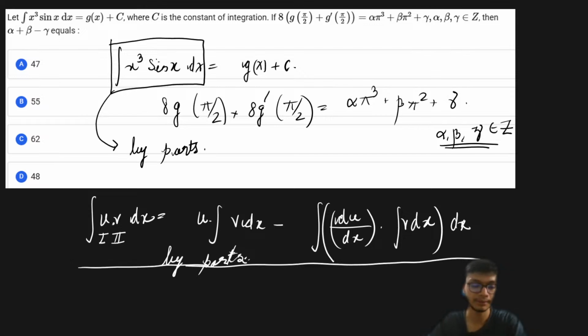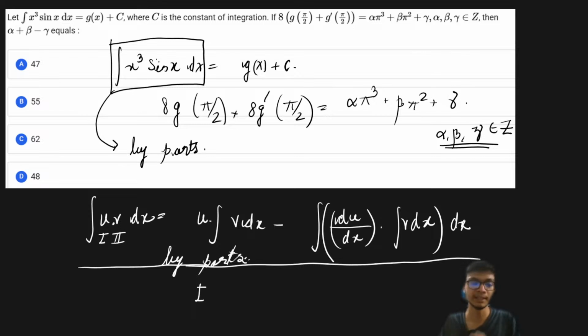I hope this is clear. Right. Now, if we try to solve this by integration by parts, you will see that it will be a difficult process, but you have to have patience and do it step by step. So if you recall the way to remember which function is to be the first function